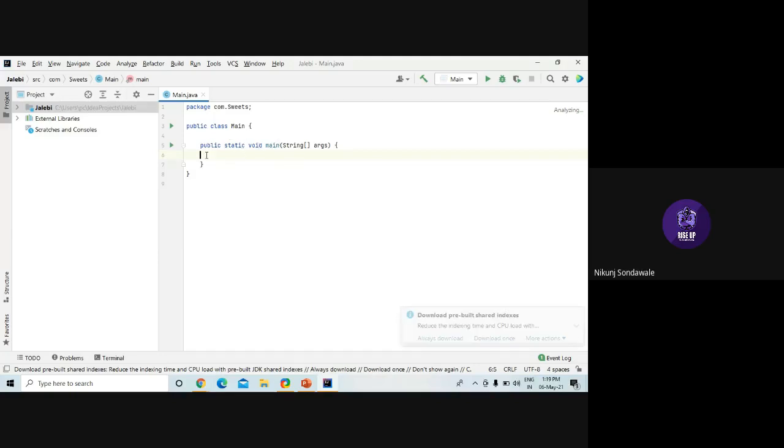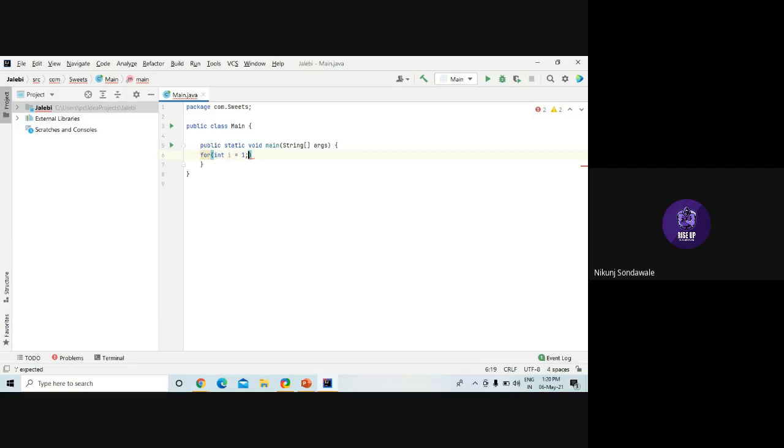So here we are with our package sweets, main class, and this is our main method. Inside this main method, I'll declare one for loop. What is the syntax? We write the keyword for and open the bracket. First we initialize i equals 1.